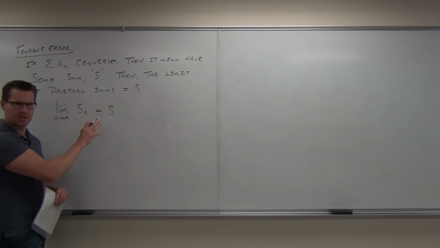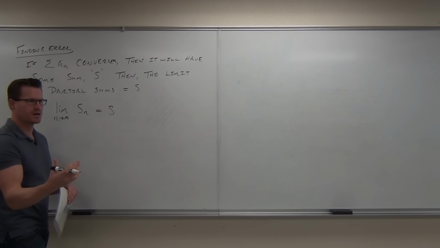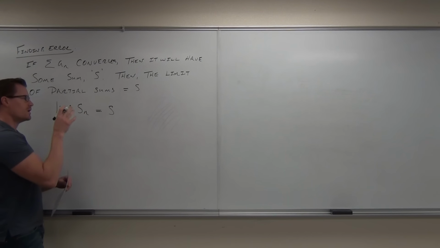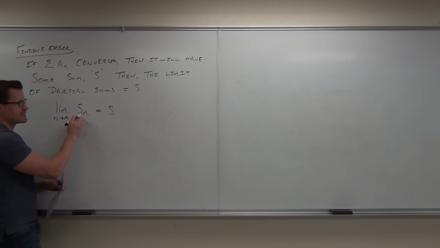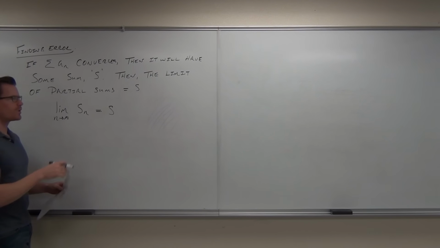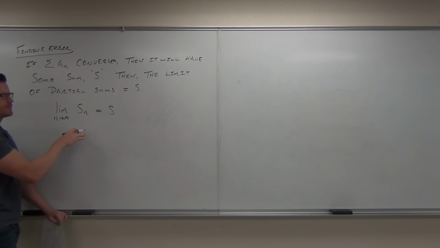This is old stuff. Do you recognize the old stuff? If you need to brush up, it's in one of the first sections on series. I think it was like 4 sessions ago. So this is what that said. Take a partial sum, no problem, let n go to infinity, then that partial sum will equal the sum of our series. Well, if this is true, if the limit of partial sums as n approaches infinity equals S, then